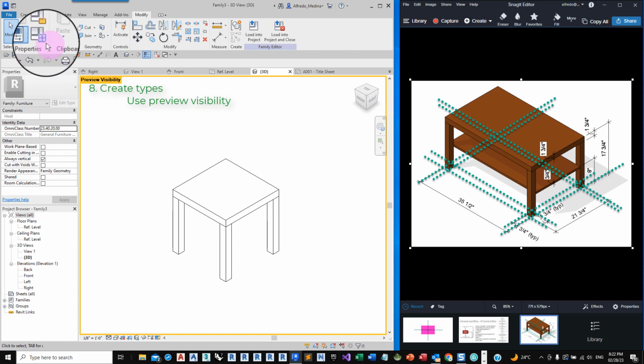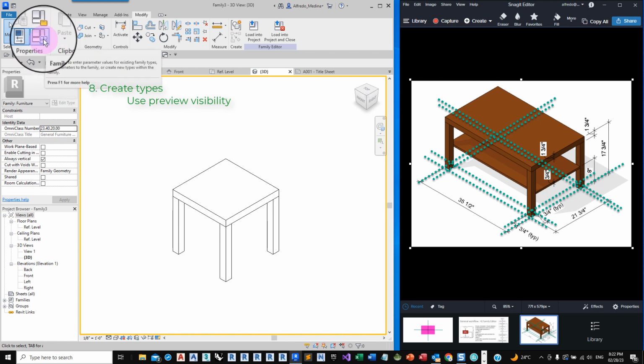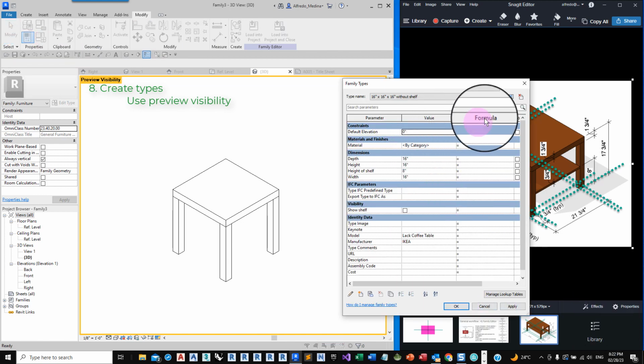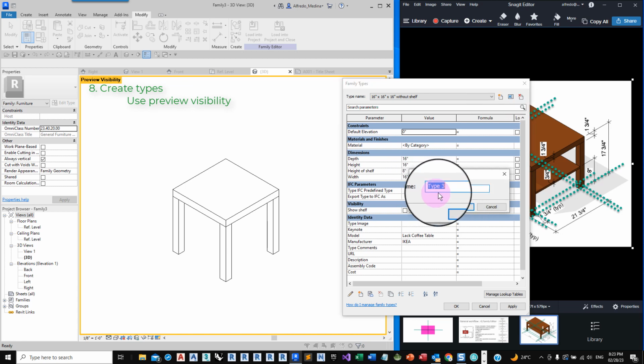Okay, so let's create one more. Let's go to family types and create a new type. And this time, let's say 16 by 16 by, let's say 48 or 40 inches, without shelf.